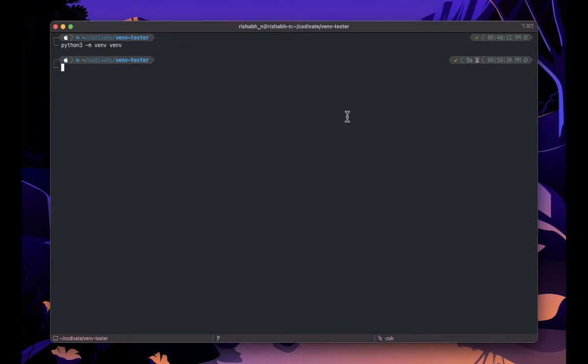But here, I'm going to type source venv. Remember, this is the name of the folder. So if you called this something else, you would give it that same name, /bin/activate. And if you press tab, it should typically complete. And if it doesn't, then you probably did something wrong, and you may have to delete the folder and rerun this command. But if I run this,